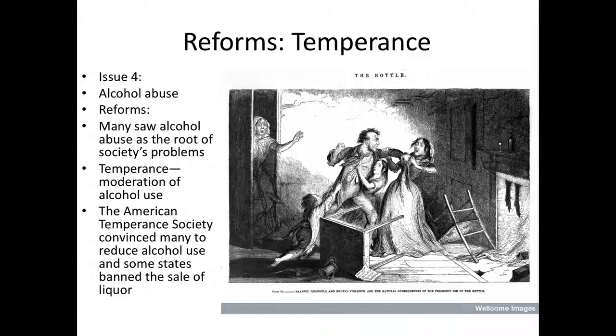And in the antebellum period, you will see an entire reform organization form known as the American Temperance Society. And they aren't going to be that successful during this time. Most of the social issue or reform issues during this time are ultimately going to be overshadowed by the abolitionist issue, the slavery issue, which becomes the issue of the antebellum period by the end of the period.